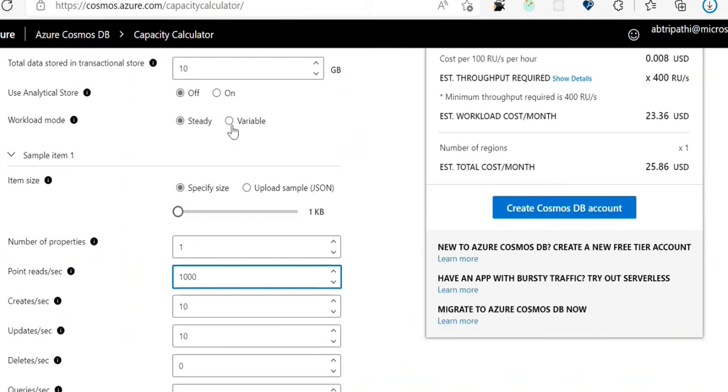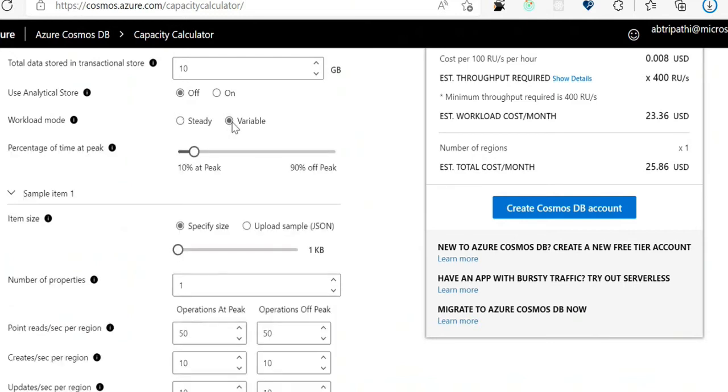So for our example, let's say that we have a variable workload. Now, how do we determine for what percent of time we have a peak? In my example, I said that for the first hour you have 1,000 requests coming in, and for the next 11 hours you have just 100 requests coming in per hour. So if you take a window of 12 hours, during the first hour you have peak. So 1 out of 12 hours you have a peak. So 1 divided by 12 into 100, 8% is the time during which you are at peak. So around 10 is a fair estimation here. The next thing is,